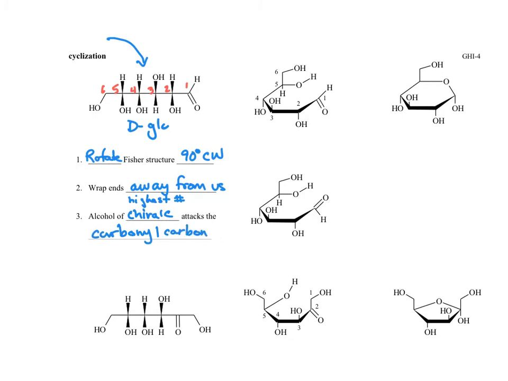And now I want to show you how it works. The alcohol of the highest numbered chiral carbon, it's right there. That's the alcohol of carbon number 5. It's got a free pair of electrons and it can attack, with that arrow, the carbon of the carbonyl. Now, when we do an arrow of attack like that, we end up with a new bond, and that's shown right there. When we attack that carbon, now we have 5 pairs of electrons around it, which is not acceptable,